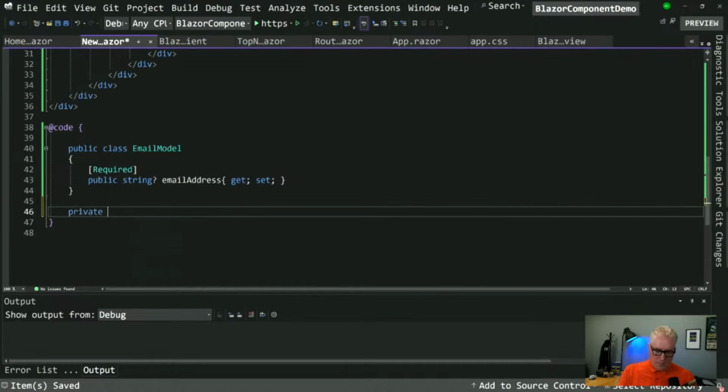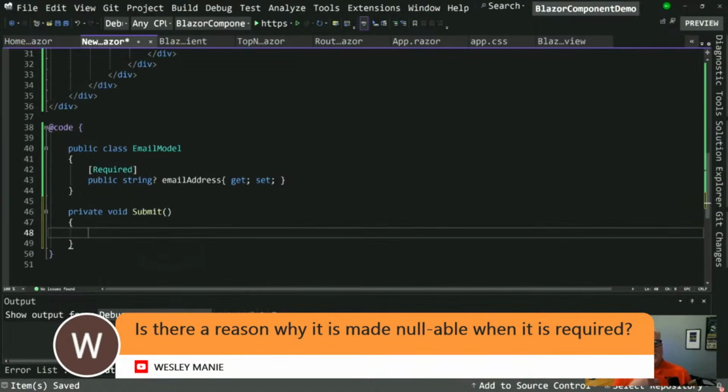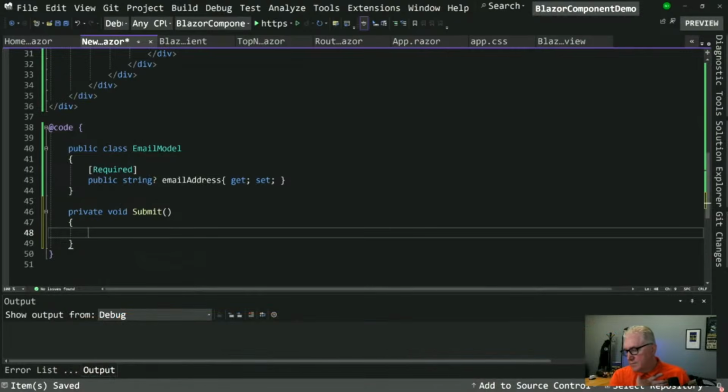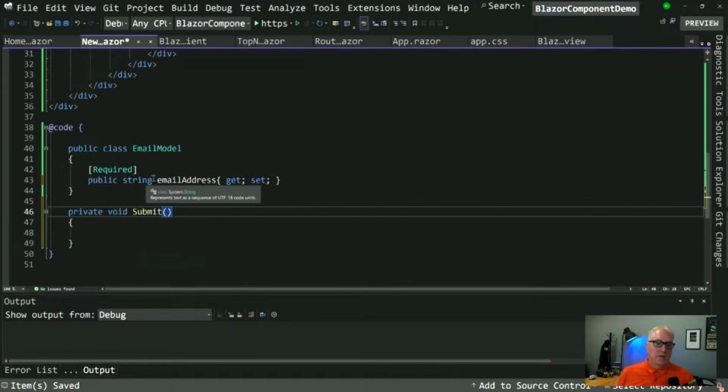A quick question about your email model class from somebody here. Wesley wants to know, is there a reason why it is made nullable when it is required? This is a string. Every type in .NET, strings must have a value, and if you don't do it, you'll get a warning. It'll just tell you that this thing could be null. And so even though it's required,